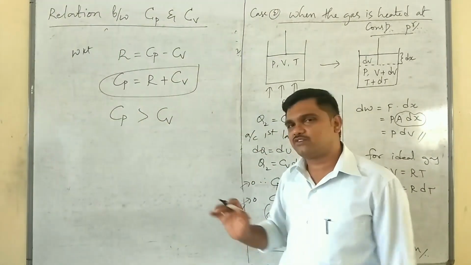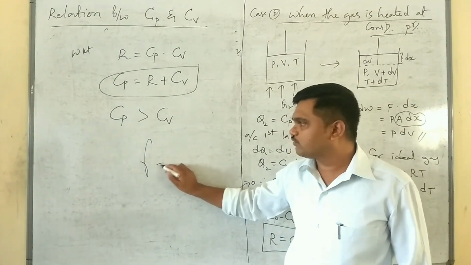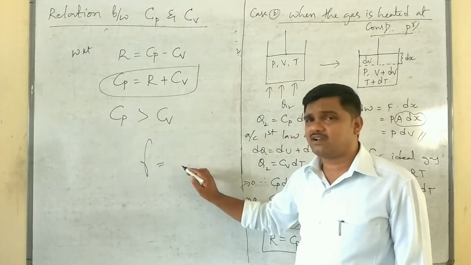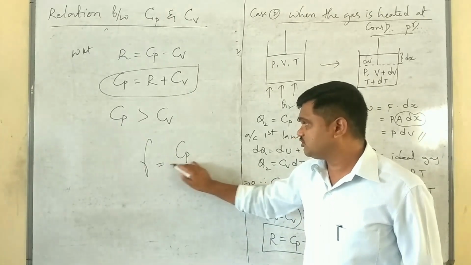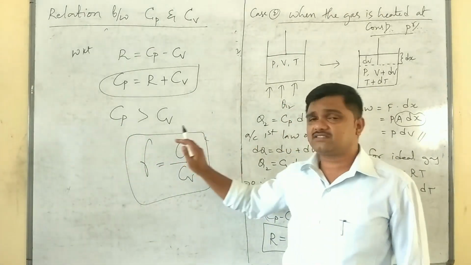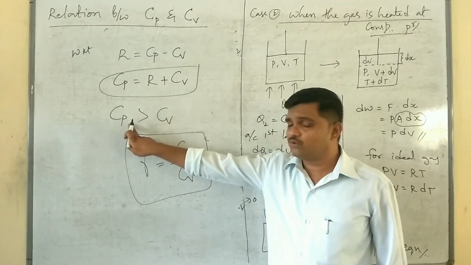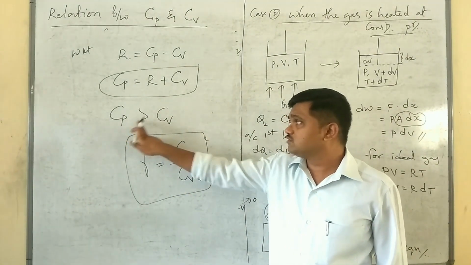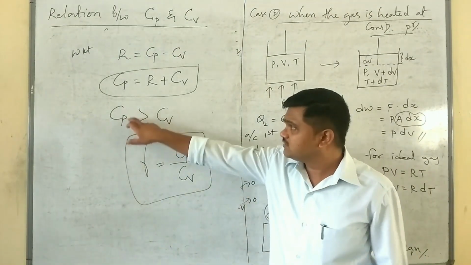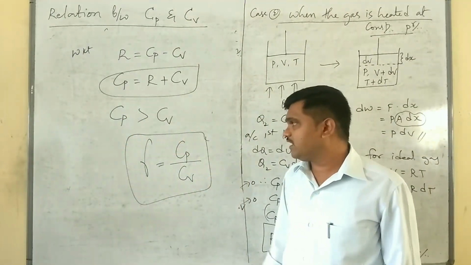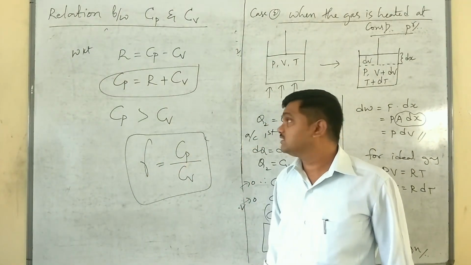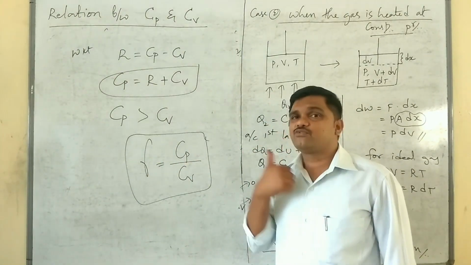By knowing the values of Cp and Cv, you are going to find out the atomicity, simply the value of gamma for a gas, which is the ratio of Cp to Cv. In the kinetic theory of gases chapter, you are going to discuss the values of Cp and Cv. There also you can come to one conclusion: Cp is always greater than Cv, hence gamma is always greater than 1, like that.